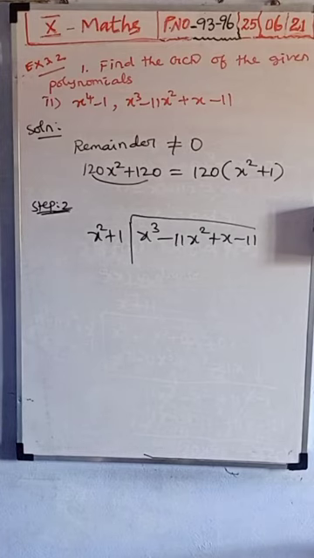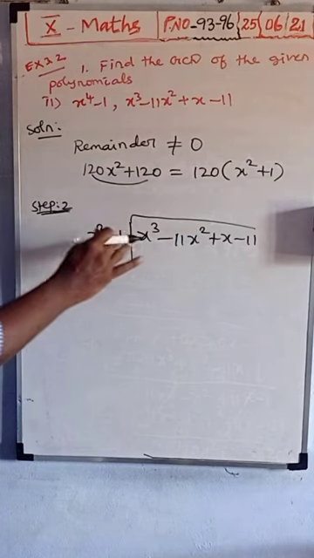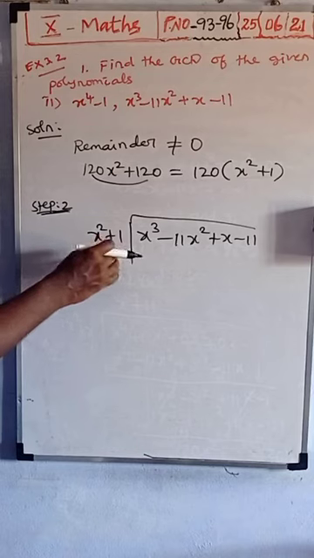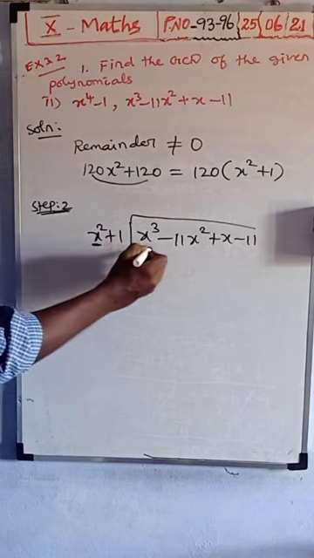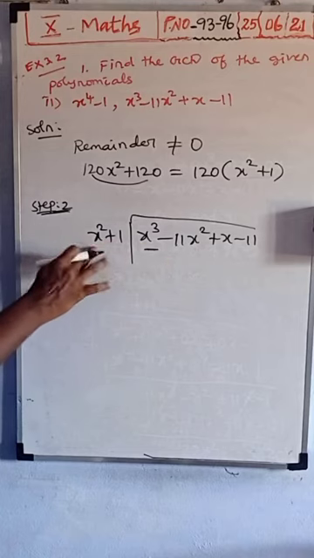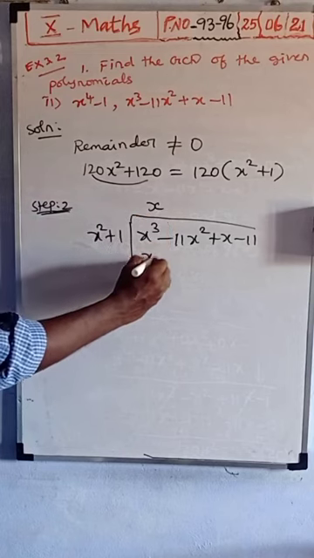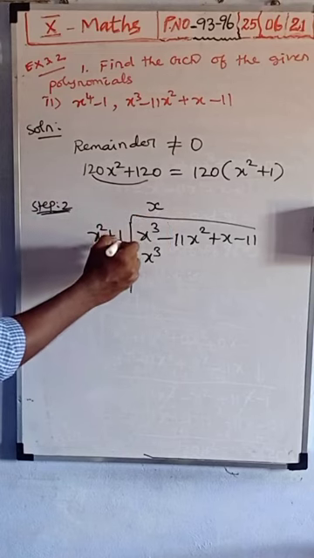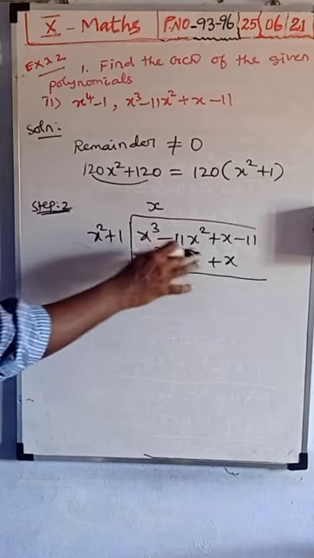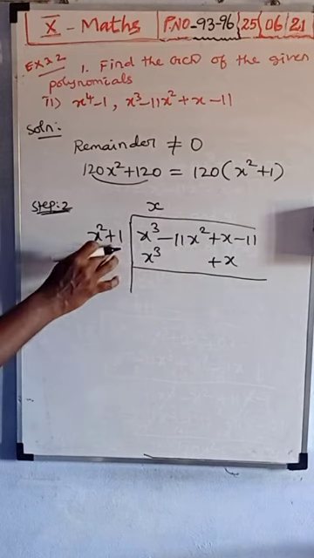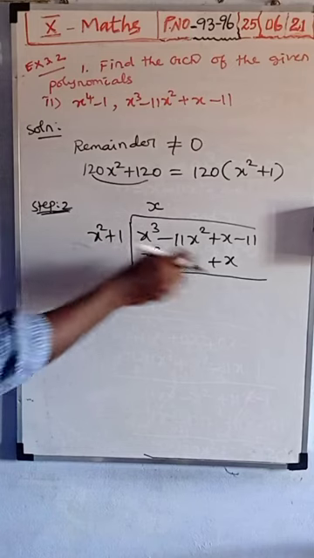Now see, here you are dividing, and because the x term is missing, we need not consider that, leave it. Here only two terms, x squared plus 1. Now here x squared term, here x cube term, so you should multiply x squared with x only, you will get x cube. So x into x squared is x cube. Now x into 1 is plus x. Carefully write it, where the x squared term should not be written, because it is not there. So x into x squared is x cube, x into 1 is x.